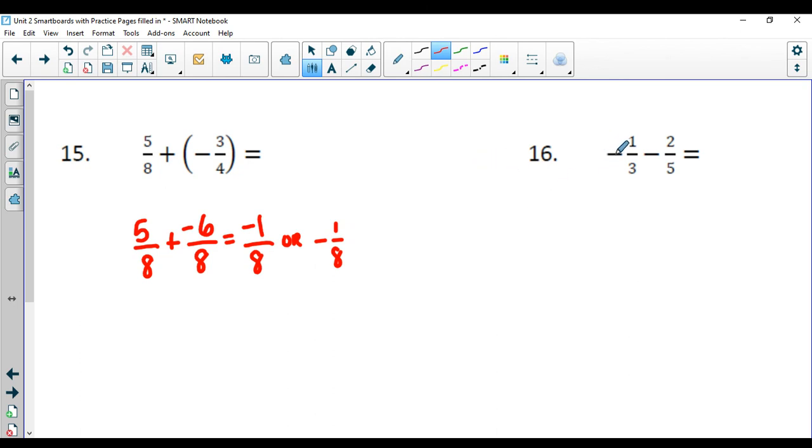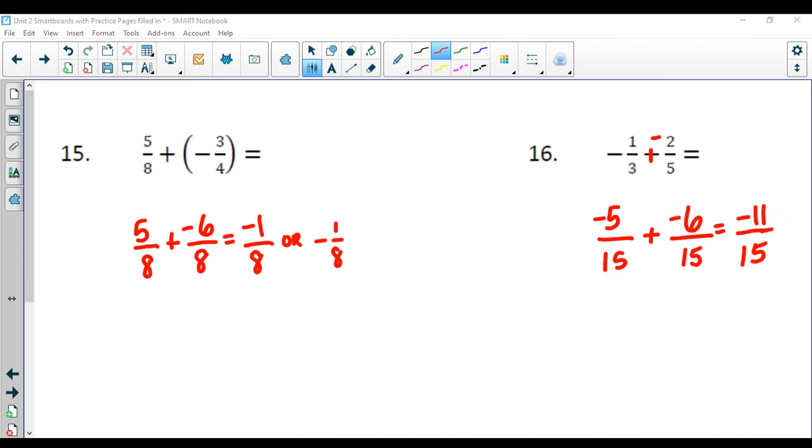Number 16, negative, minus. So we're going to keep, change to addition, take the opposite. Thirds and fifths are different denominators, so we need to create common ones, which would be 15. Times 5, bring the negative with it, times 3, bring the negative with it. Keep your denominator. -5 plus a -6 will give you